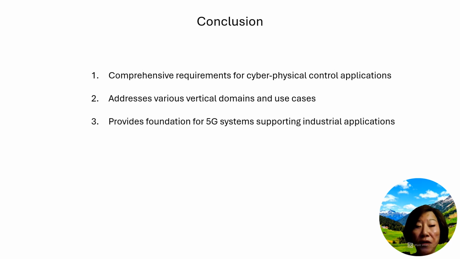The integration of 5G with existing industrial systems presents both challenges and opportunities. It requires careful consideration of factors like legacy system support, migration strategies, and security implications. However, it also opens up possibilities for new types of industrial applications that were previously not feasible with existing communication technologies. As 5G continues to evolve and the advent of 6G, future releases are expected to further enhance these capabilities,